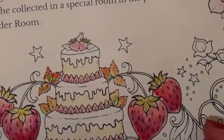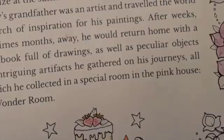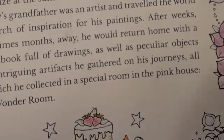So I kind of like that. I was a bit disappointed with my strawberries, but they're kind of growing on me. It's okay. It's not completely ruined. So now I need a different green. So I've got a green and I've got a bit of yellow in there. And again, because I've put a tiny bit of a damp brush to it, it's not so bad. So what I want to do now is actually have